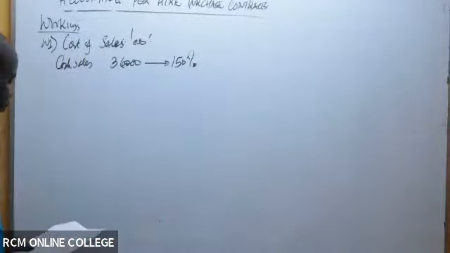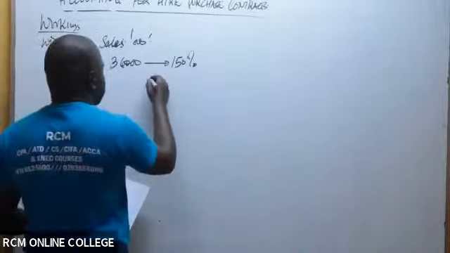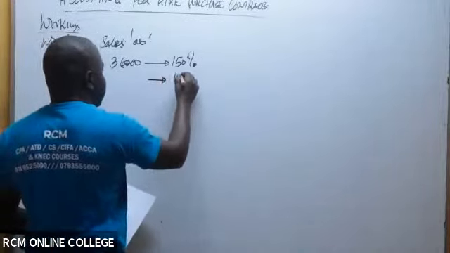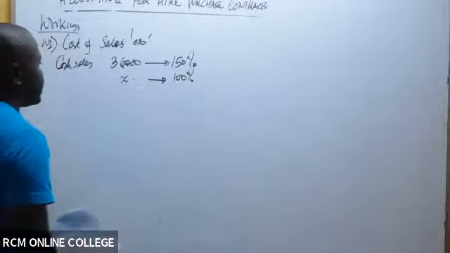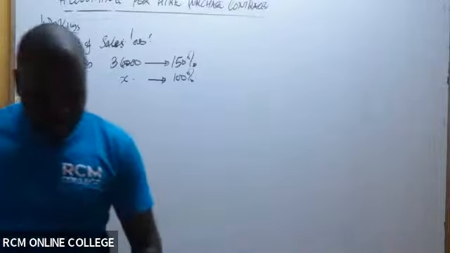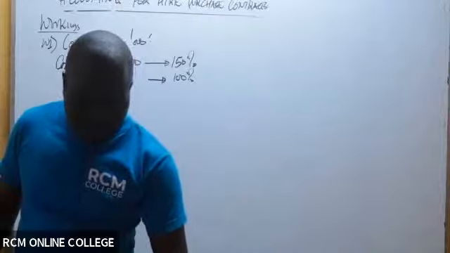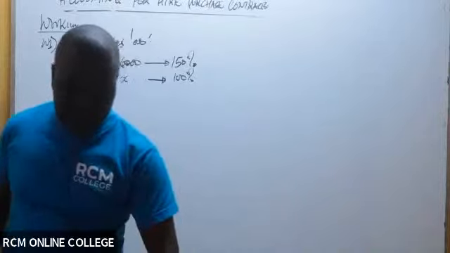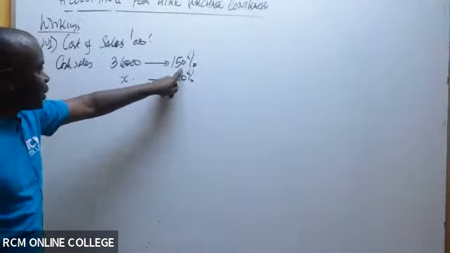And therefore, in this case, for us to be able to know what exactly could be the cost of sales, the cost of sales will likely be at 100%. So because that is what you're being told here, the cash selling price is fixed 50% above the cost of goods purchased. So the cost of goods purchased is 100%, but they add 50% on it to get